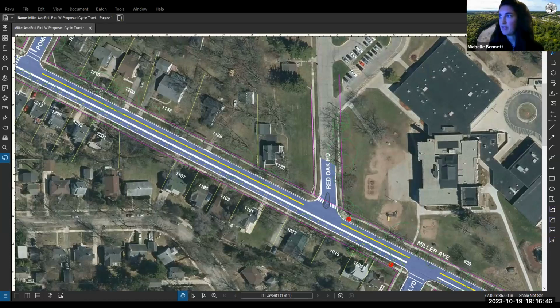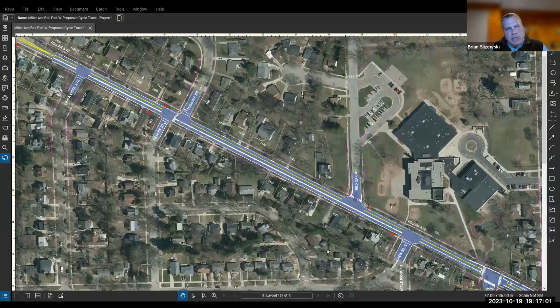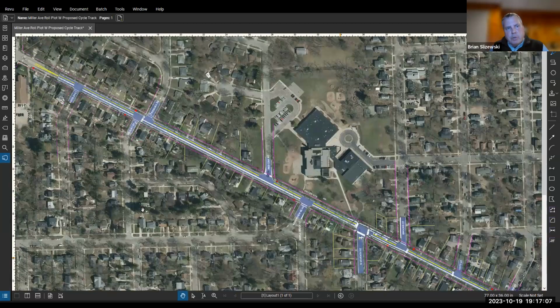And while we have the map up, maybe we can zoom out, but what are the limits of the water main replacement? On the west, it goes right up to Newport. I think Newport is where we need to make the connection to the newer main, because remember there was work done on Newport.